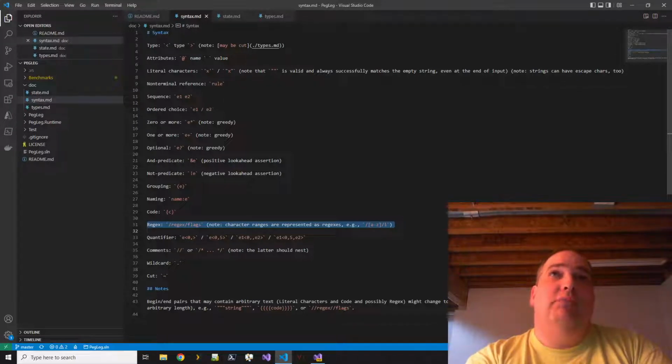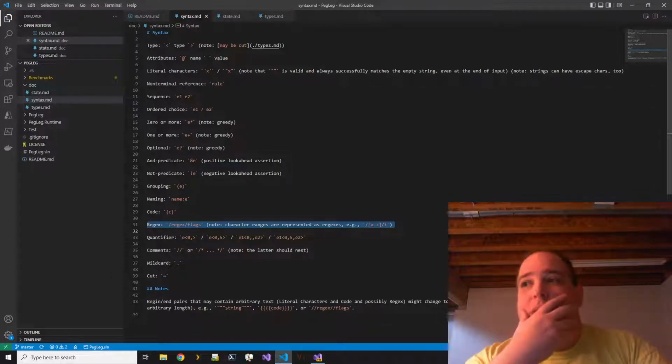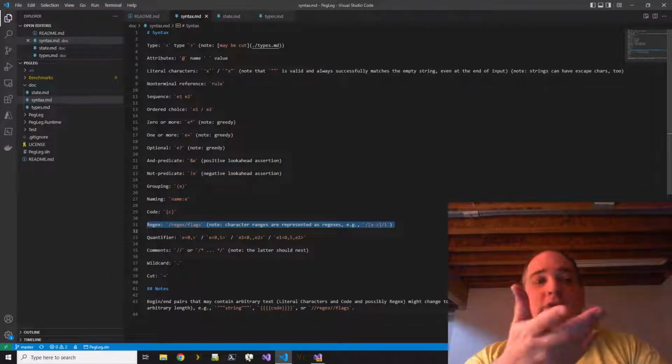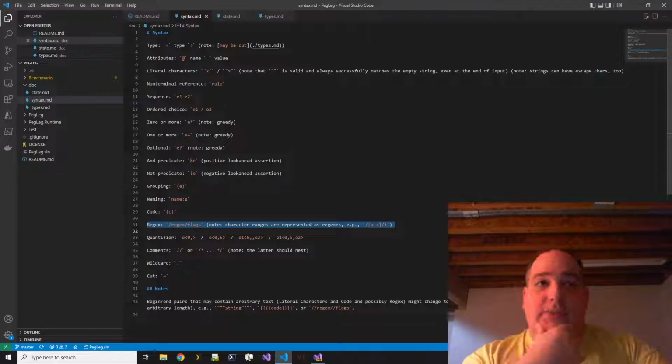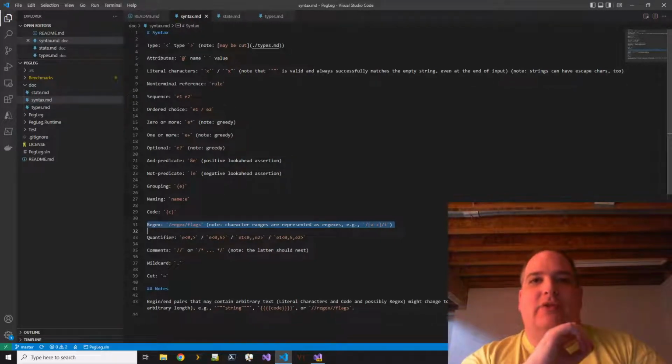I actually removed the support for character ranges, if you look at this syntax, to really encourage the use of regexes, because character ranges are actually supported as regexes, as it says here. If you want a character range in this peg grammar, it has to be a regular expression.